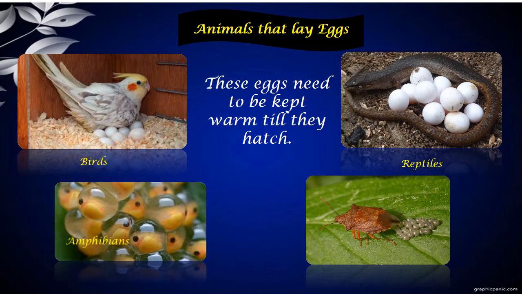And then here come the amphibians. See, even amphibians lay eggs, and that is how they reproduce. And see this, the jelly-like substance looks beautiful, right? And what is this? These are the eggs of frogs. Let me point it out. It looks beautiful, right? And they have pictured it very well. And amphibians, not only the frog, all the amphibian categories reproduce by laying eggs. And the next one here,